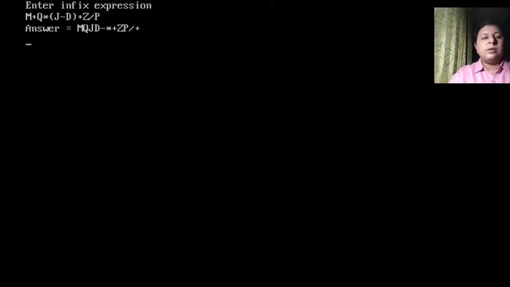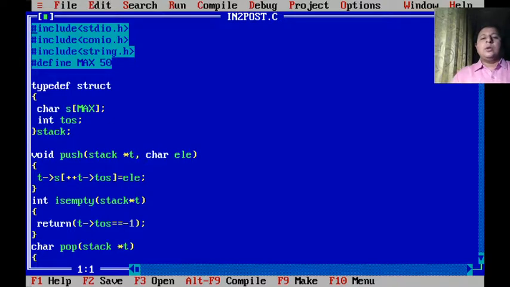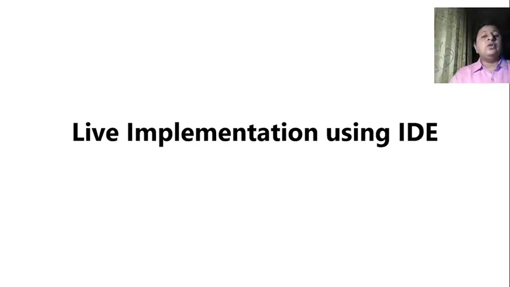You can very well, once you implement, try to work with bigger expressions. You already have solved expressions, you can very well check them on this particular program. Fine, so this is how we can do infix to postfix implementation. Even though there are 6 different conversions possible, as per the scope of our syllabus, we would be focusing more on the conversion of infix to postfix, and hence we have done the implementation of the same. So you can apply a bit more logic, and for improving your programming skills, you can even try doing the other conversions as well.